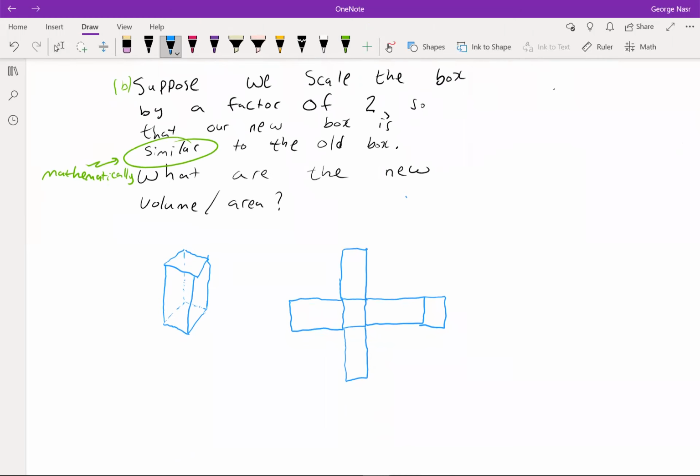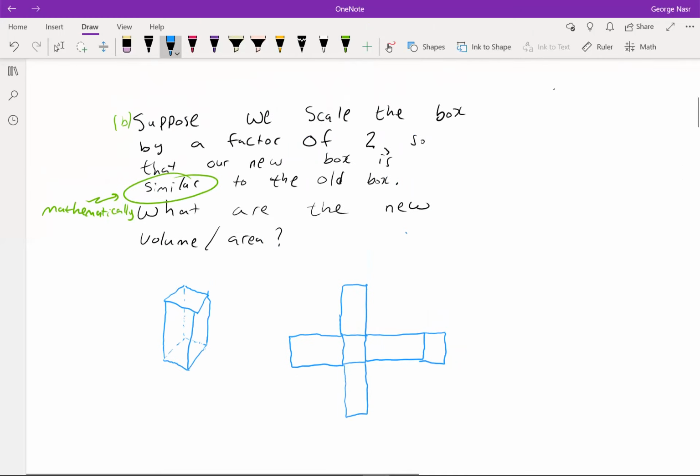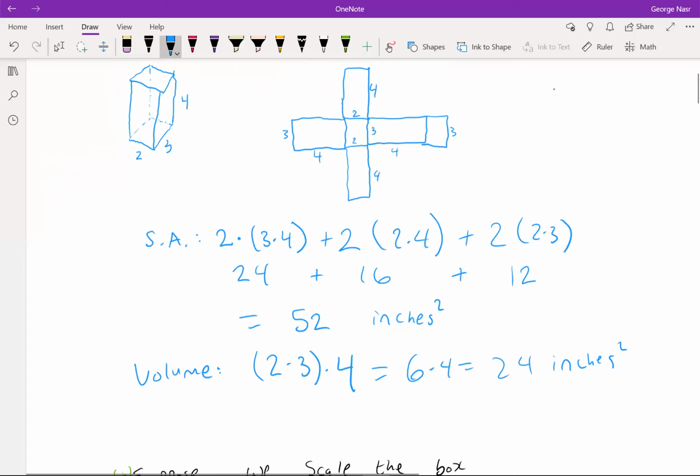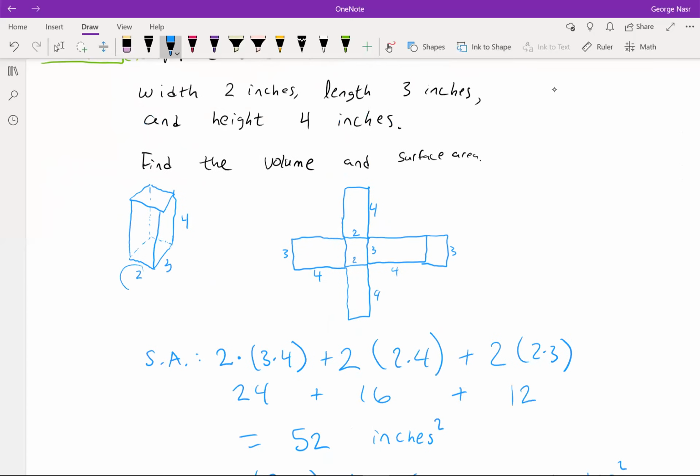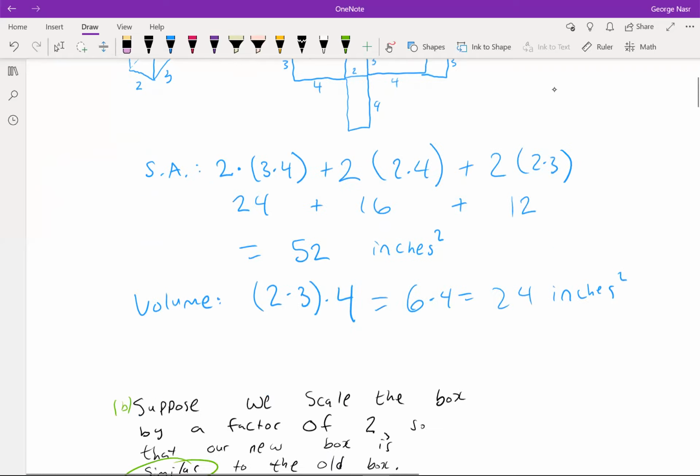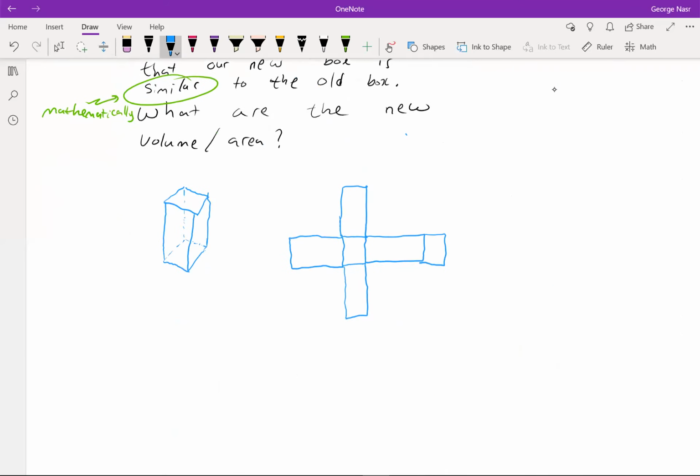I thought we would start off by trying to figure out what the new dimensions are. If I scale this box by a factor of 2, I'm going to double the width, the length, and the height. That's what it means to scale. I have to scale all the dimensions so that everything's still proportional. That gives me a 4, a 6, and an 8. Do make sure you believe that's the correct way to scale these things. Okay, so in that case, this is now the new net